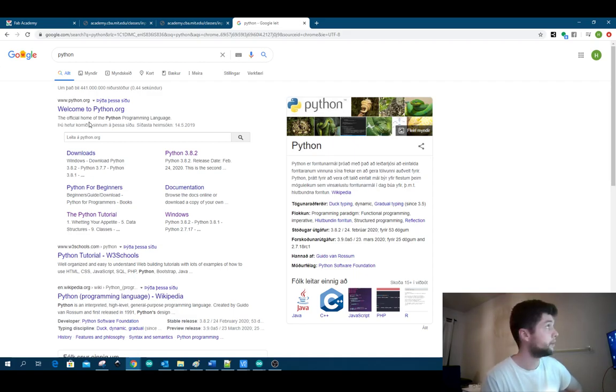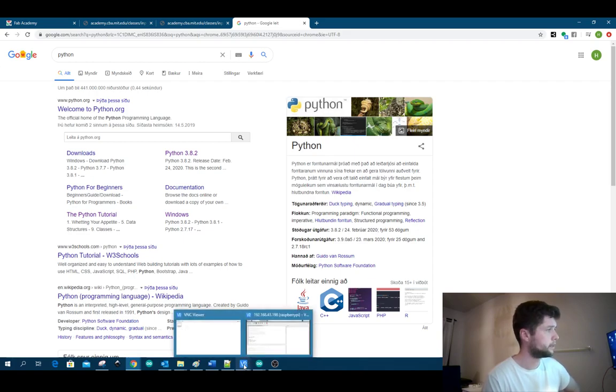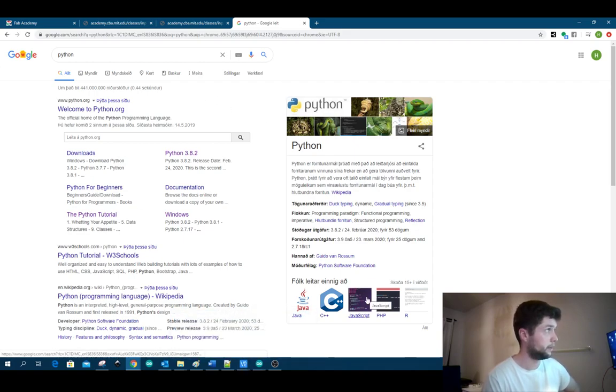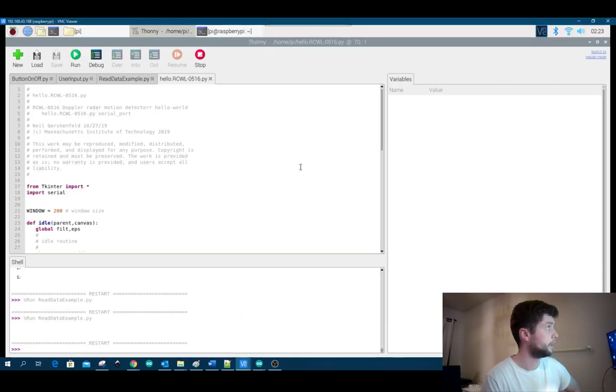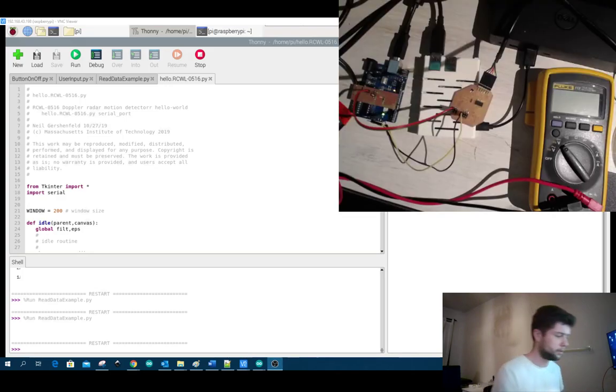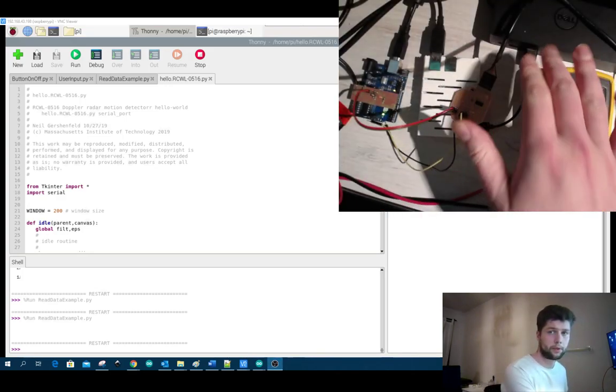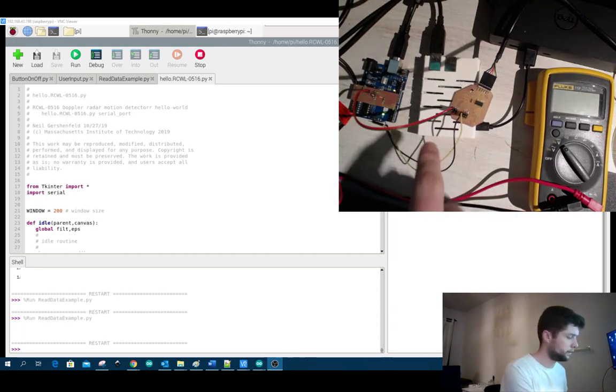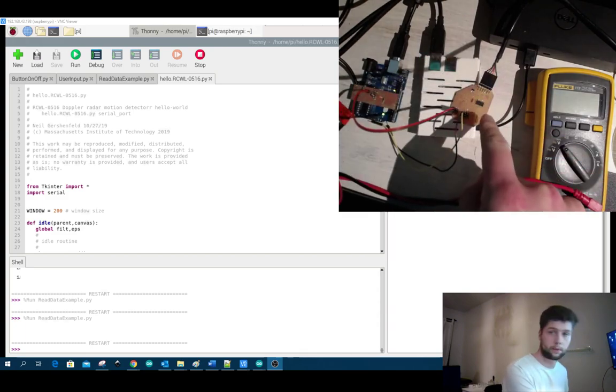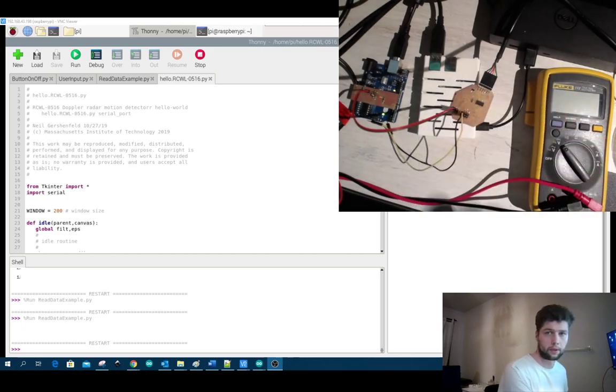Mac has a built-in Python, and Ubuntu or Linux does as well. Now, I decided instead of doing this in the Windows environment, which is not very suitable for coding like this, to actually use a Raspberry Pi. So here I have a Raspberry Pi, connected to my computer. And the Raspberry Pi is then connected with a serial input to the microcontroller, to my Hello World board, and